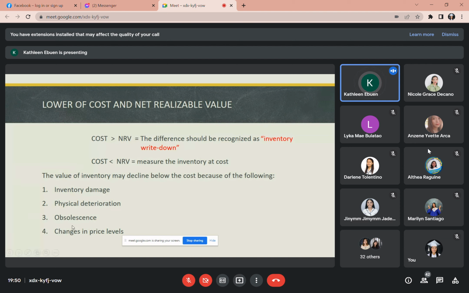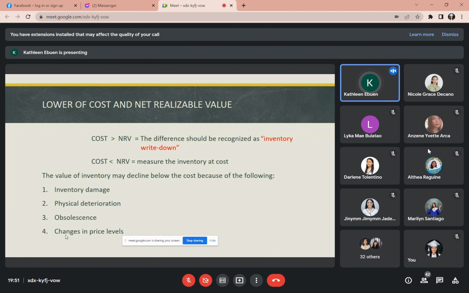Next is the obsolescence, o yung nagiging outdated na yung inventory natin. So, wala na siya sa trend. 'Di ba pag wala na sa trend yung binebenta natin, bumababa na yung selling price nun. Okay, for example, class yung sa face shield. Hindi ko na alam kung magkano ang presyo ng face shield ngayon. Since hindi na natin siya ginagamit, I am sure na mas mababa na yung selling price ng face shield ngayon kumpara sa kanyang cost.